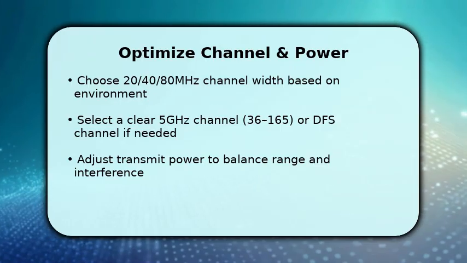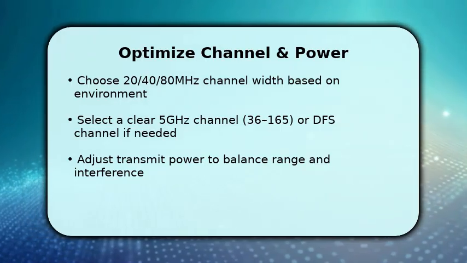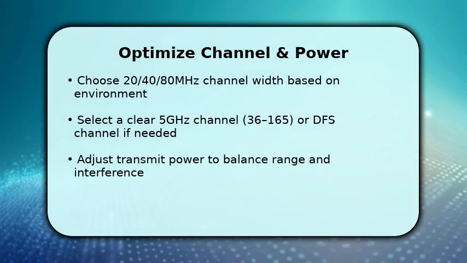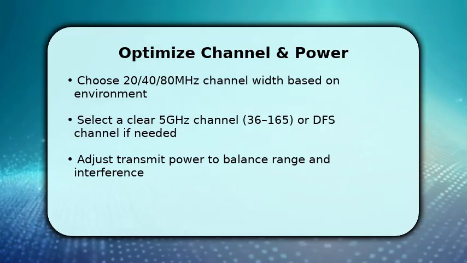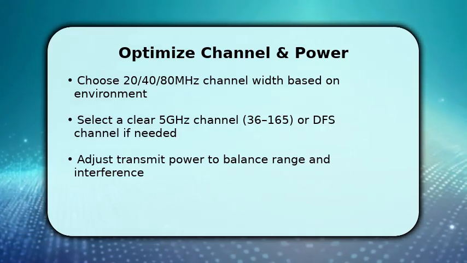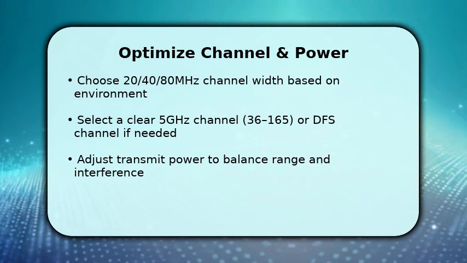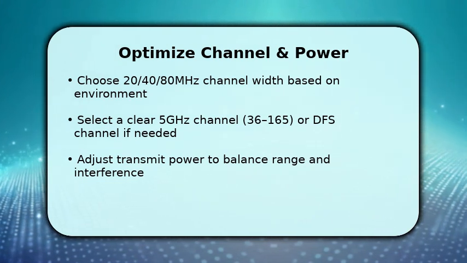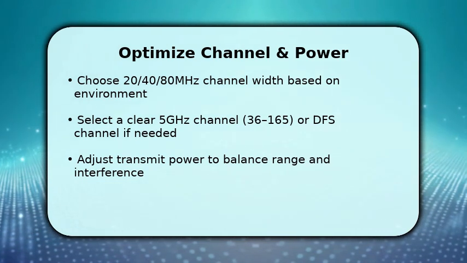Then pick a channel. Non-DFS channels like 36 to 48 are simplest, but DFS channels can be clearer. Make sure your devices support them. Next, lower transmit power slightly if you see overlap with adjacent APs, and save each change so you can measure